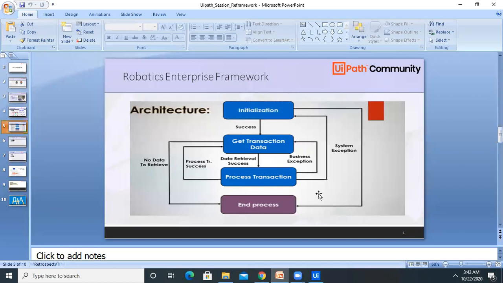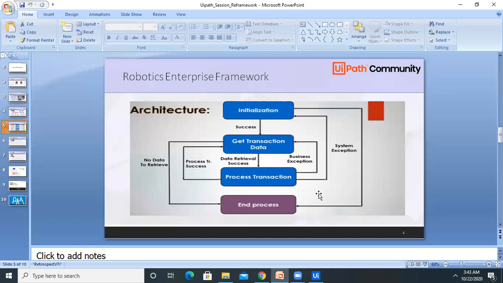At any point of time, if we find any error or issue, it will be recovered. So there is application recovery and the ability to stop the process where continuing to run the bot does more harm than good. Just like if our system fails while running our UiPath code, we need to close the application or restart it again. Or if we observe any network issue or other system-related issue, then without killing that application, it will run and reach the execution point.